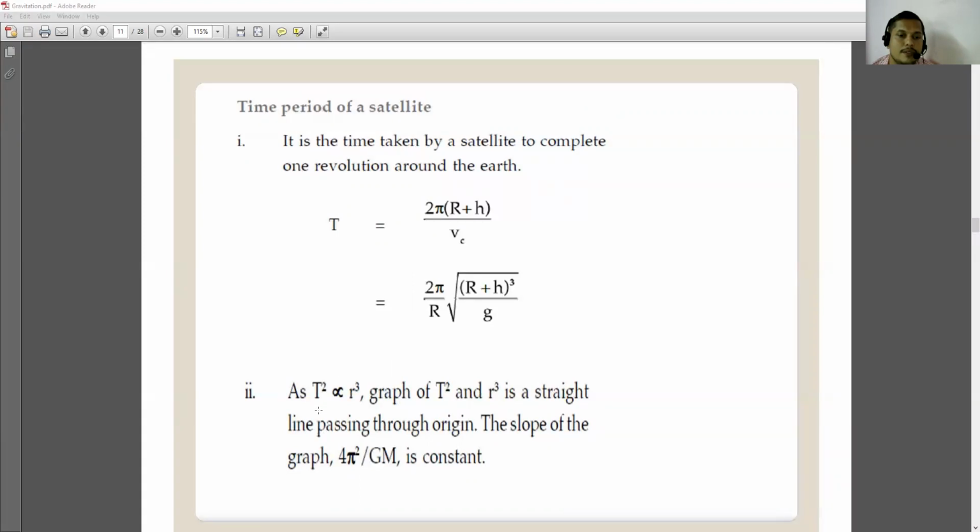As T square is proportional to r cube, the graph of T square and r cube is a straight line passing through the origin. The slope of the graph is constant. So here we have to consider this relation when we consider the time period of satellite. The time period of satellite, it is the time taken by a satellite to complete one revolution around